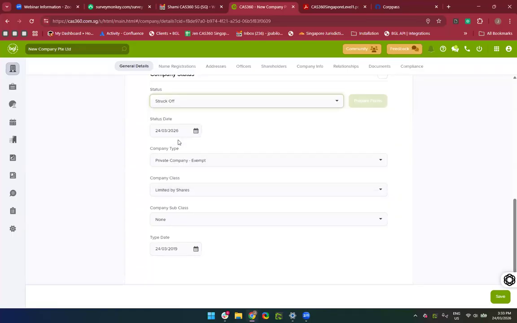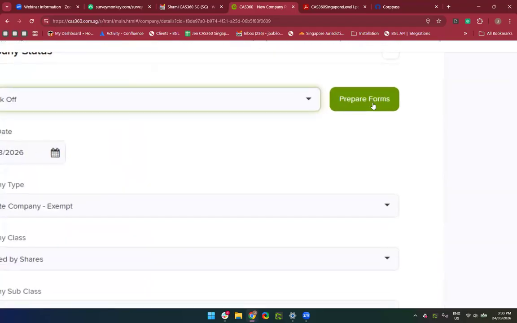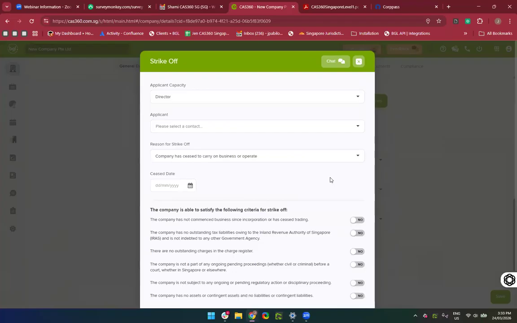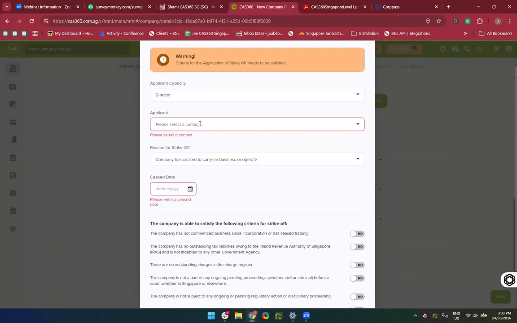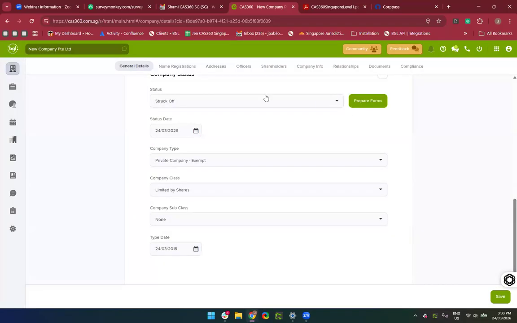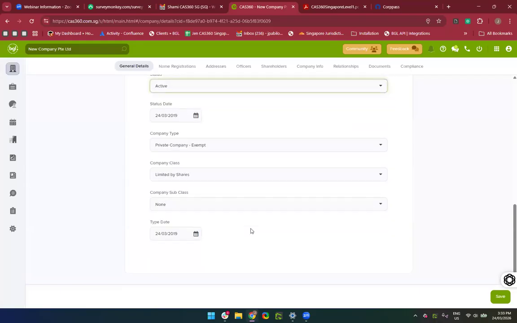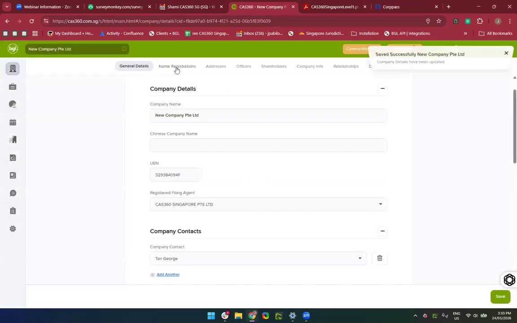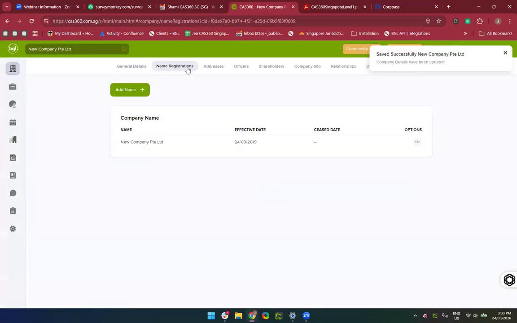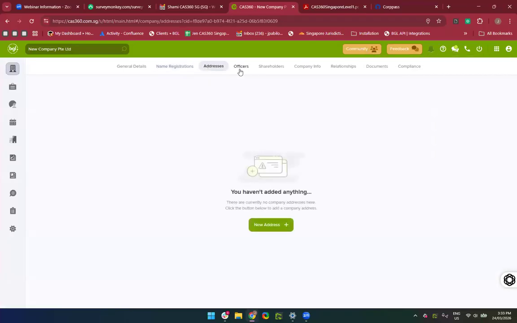And then you can just continue as well. If this company that you took up is pending strike off, you can simply switch on that toggle button, and you can see that it will also prompt the system to prepare forms for a particular change. Here I need applicants and so on. So this company, we're not going to do a strike off. We don't have any details. You can click save